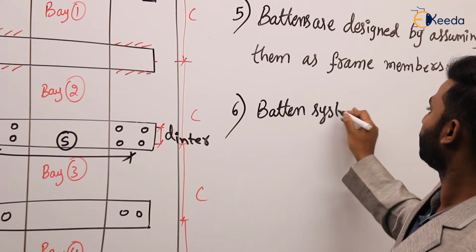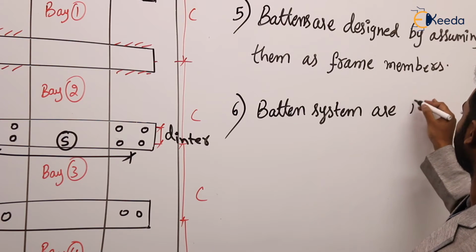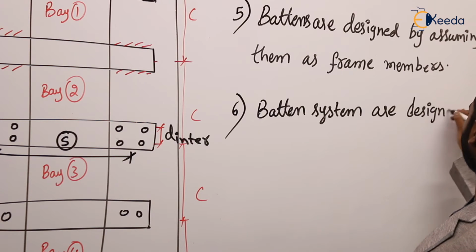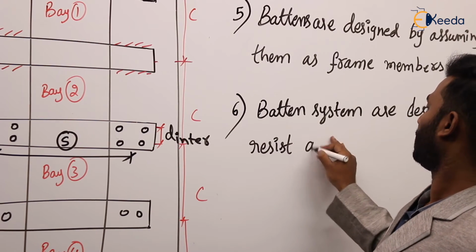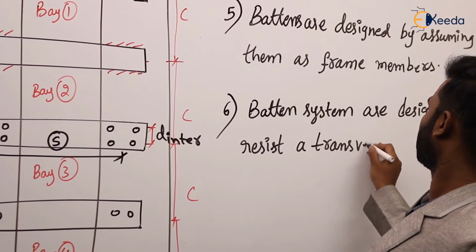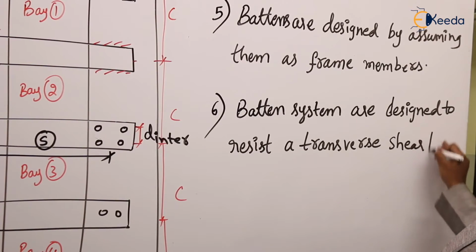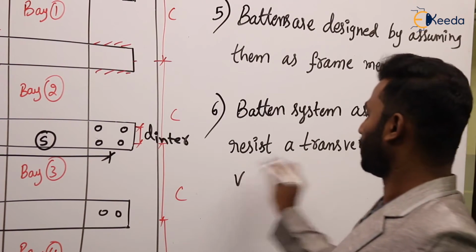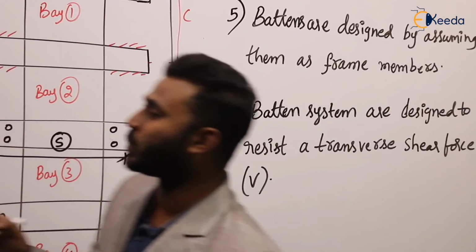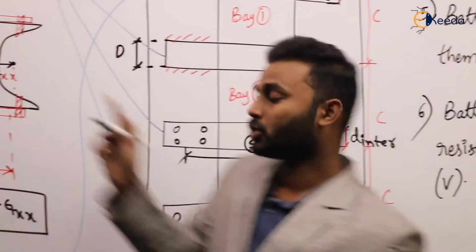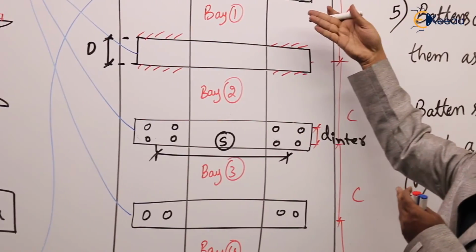The batten system is designed to resist a transverse shear force V. So how much? Batten system means here we are having two planes of battens. Here one plane and here one plane. In this view we cannot see both the planes. Yes or no? So this is one plane and there is another plane opposite to it, which we cannot see